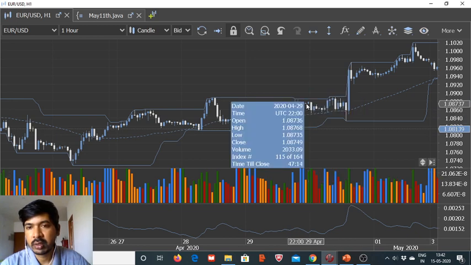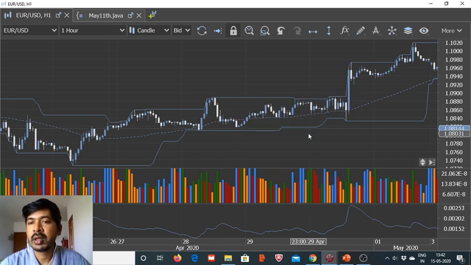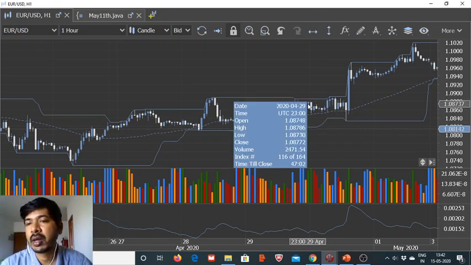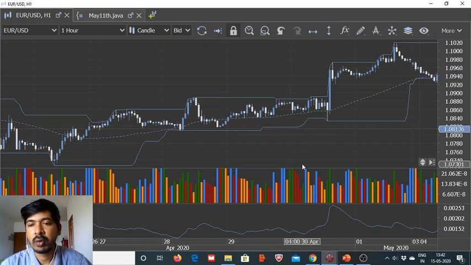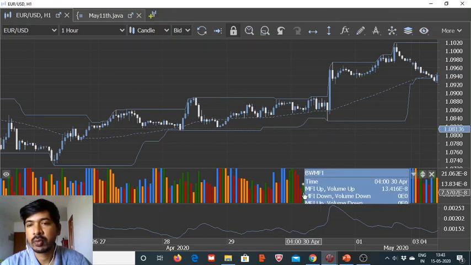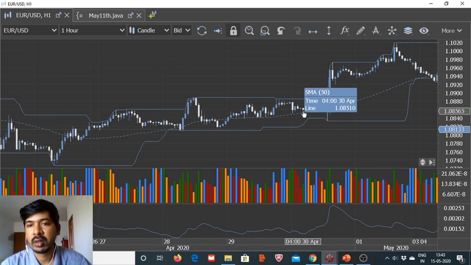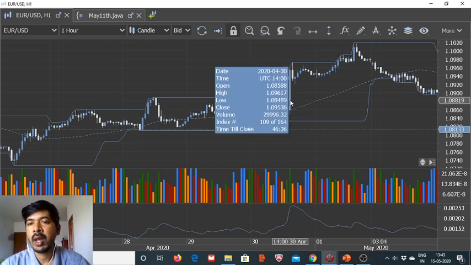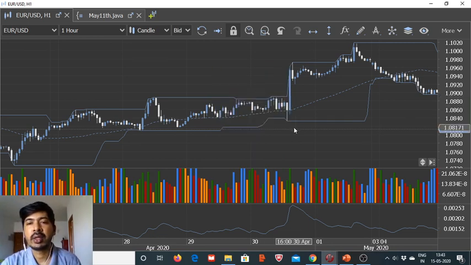23 GMT. The candle has closed in green, but as I said, we need the last 5 hours minima to have been less than the SMA of last 1 hour. So no trading will happen here as well. Again we go forward in time and we see this 4 GMT. The candle has closed red, so no trading will happen. And then we move to 13 GMT. 13 GMT is this, so no trade will happen. Now this is 14 GMT and the trade will happen, but I don't think it will get executed,